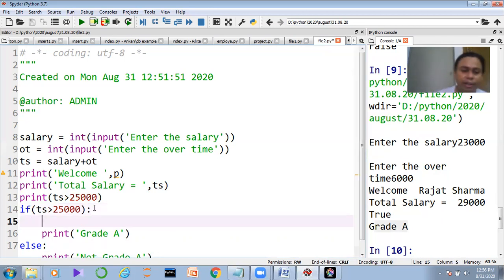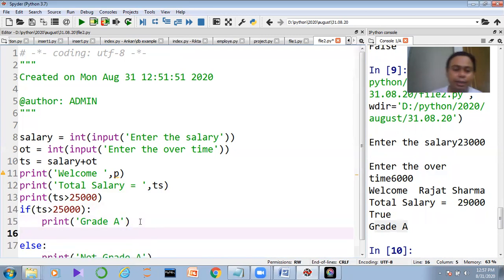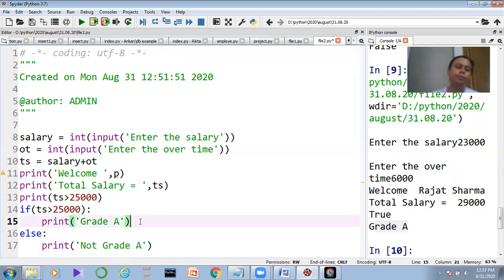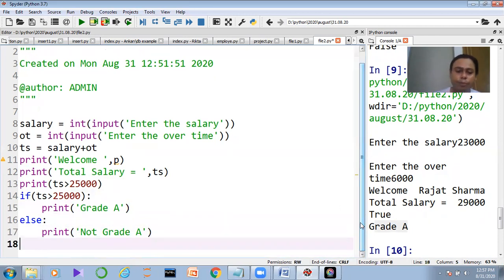So if I press enter, automatically you can see it is creating a tab space here. It is defining a tab space. Now guys, if you ask me how to get rid of the tab space, you just need to press backspace and automatically you are able to get rid of it. Again, when you press enter you are under the else block right now. But if you press enter again, automatically you get out of this else block.